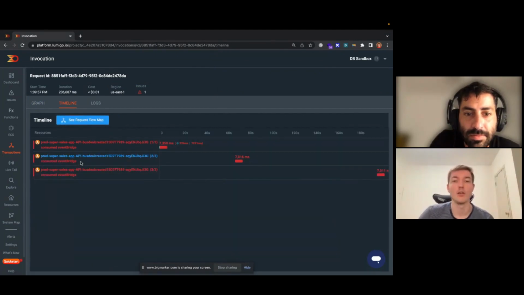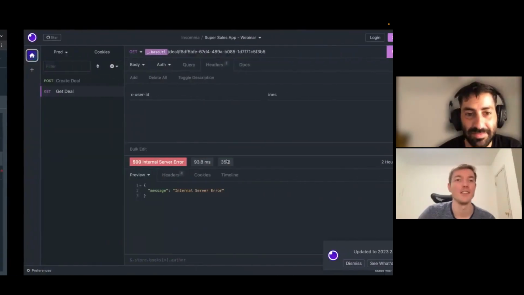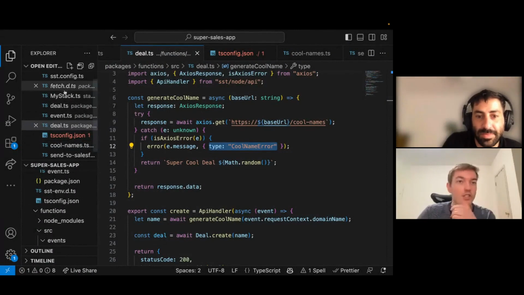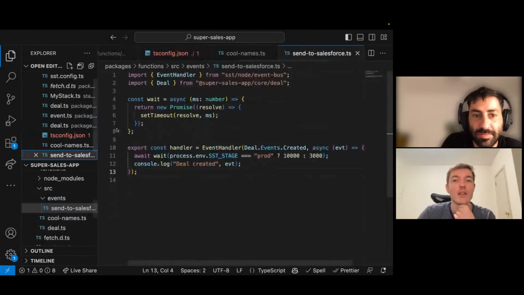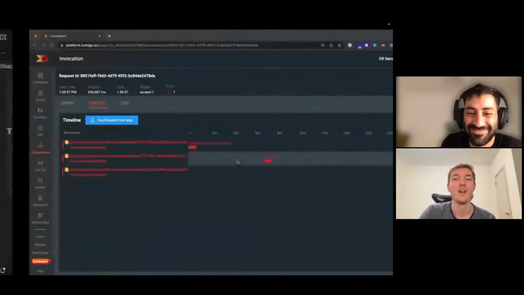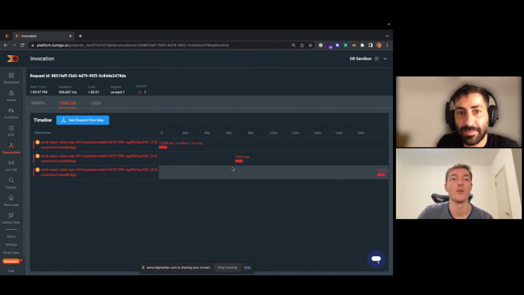And so here I see I have retries on this function. This is why, because it was triggered through Event Bridge. So this function right now is not necessarily an amazing example because it does not call any external services. The implementation of the function is kind of cheaty. It is just a wait for 10 seconds. So that's not very interesting. But if I had calls to external APIs, they would appear in here with the durations,